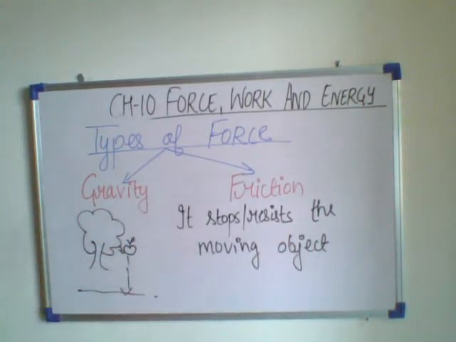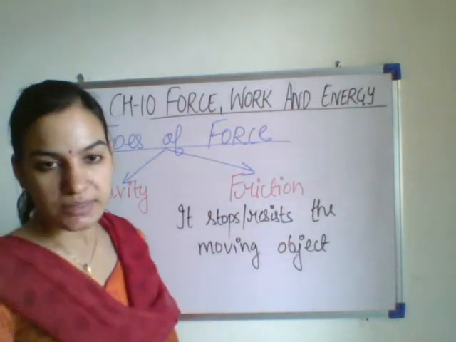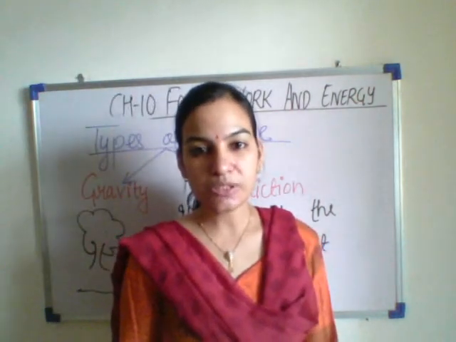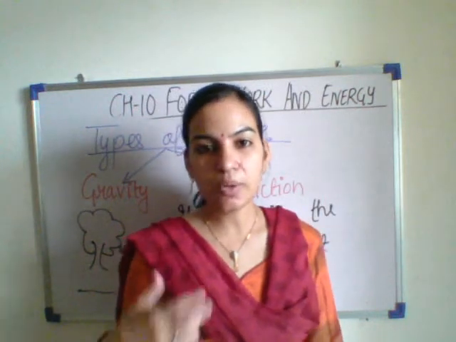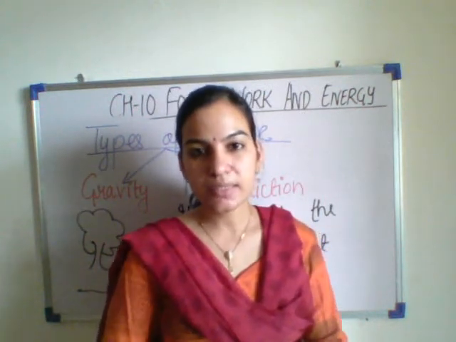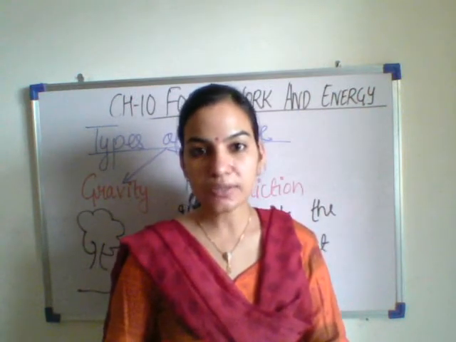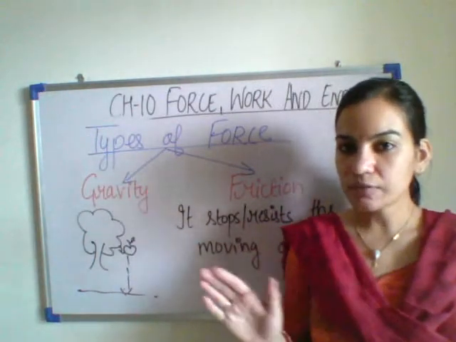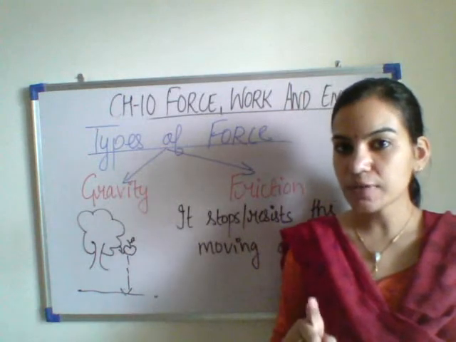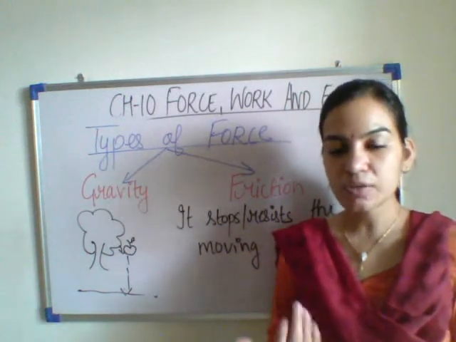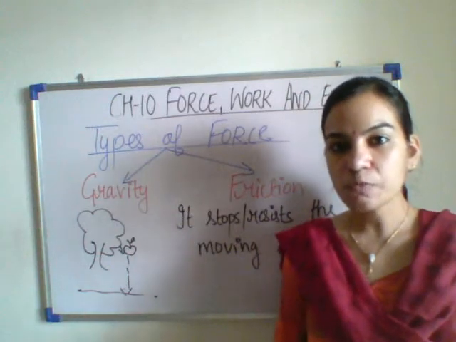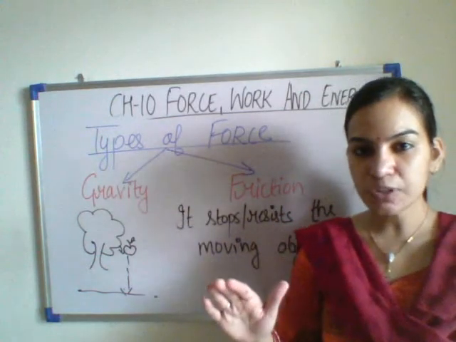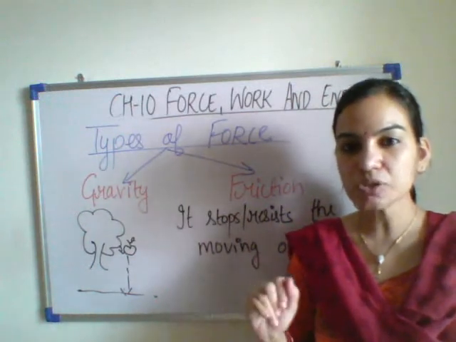Rough surface causes more friction than smooth surface. It is the friction which helps us to walk without slipping. It is because of the friction, and the friction is more on the rough surface and less on the smooth surface, because you have noticed that on a smooth surface we often slip down, but on a rough surface we never slip, because on the rough surface the friction is more. The friction helps prevent us from falling down, and on the smooth surface the friction is very less, so we often slip on the smooth surface.